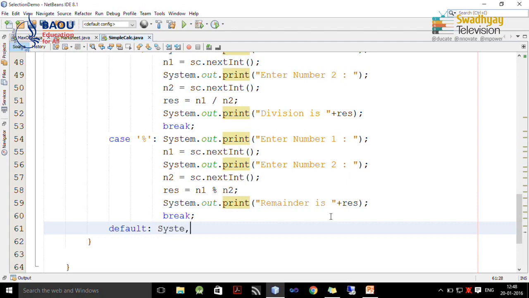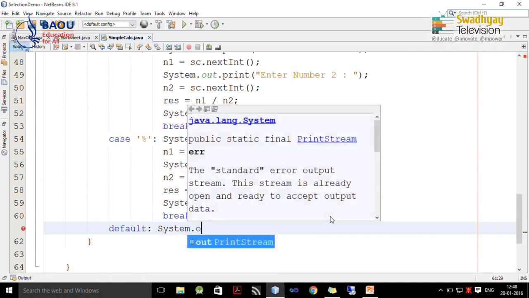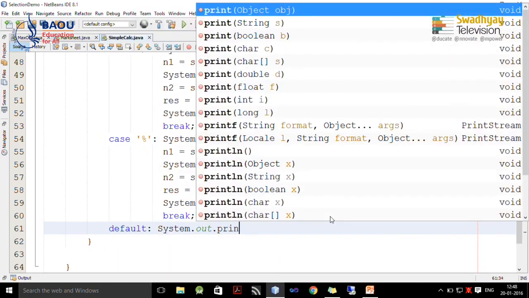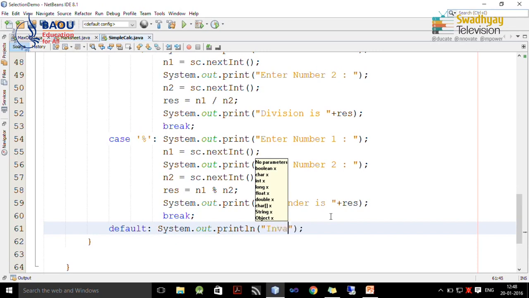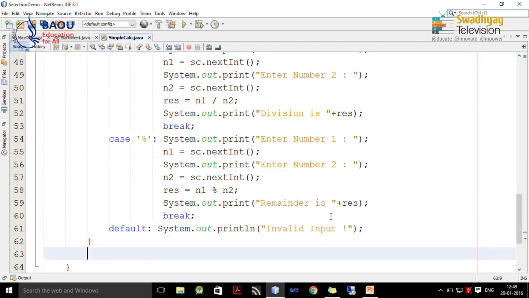So, here we are going to print invalid input, because our input does not match with any of the operator.